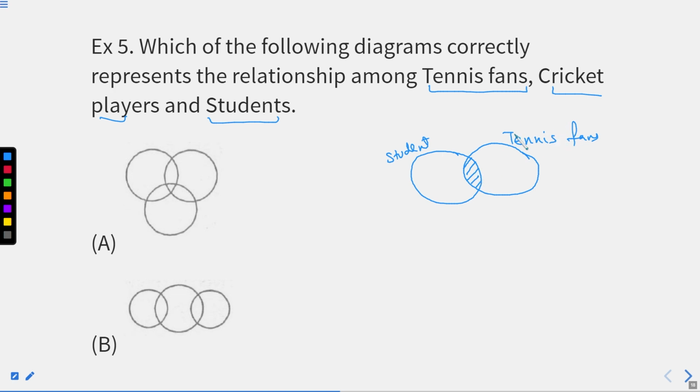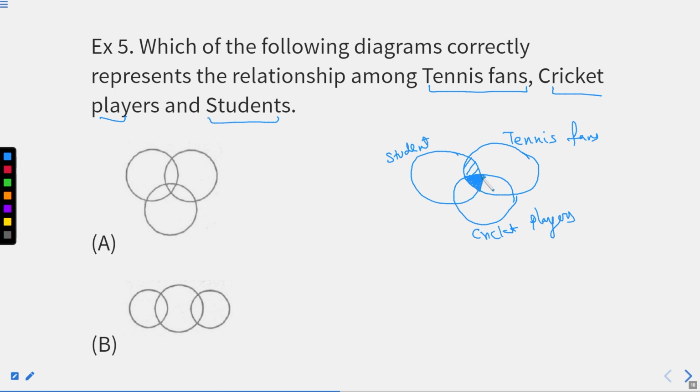Now, a cricket player. Like if I take the example of Virat Kohli. Virat Kohli is a cricket player, but he loves football as well. So why can't any other cricketer love tennis? And a student can be a cricketer, right? So all three things will be in common. So this double shaded region is, first of all, a cricket player, right? Now the center part, which is completely shaded, I'll completely shade this for you, right? This is the person who is a student, plays cricket and is a tennis fan, right?